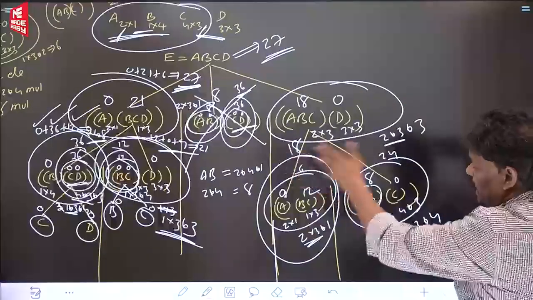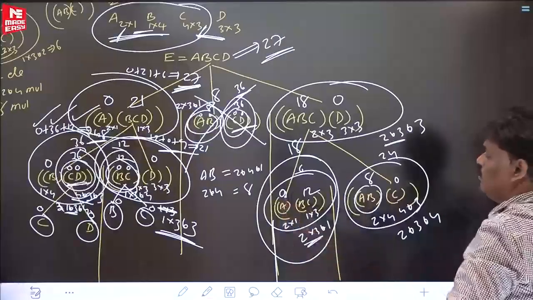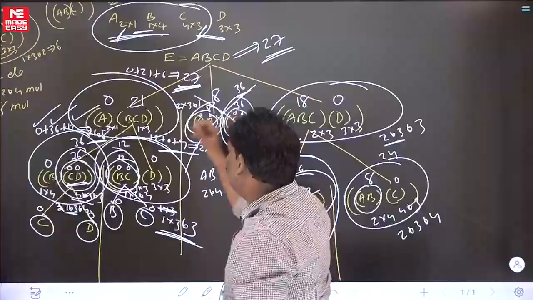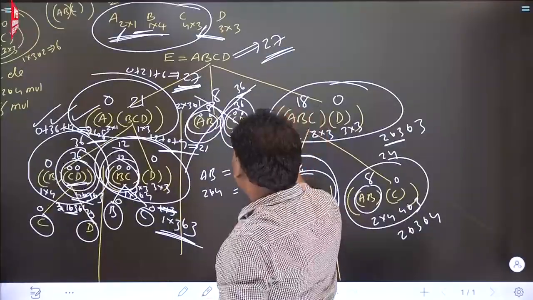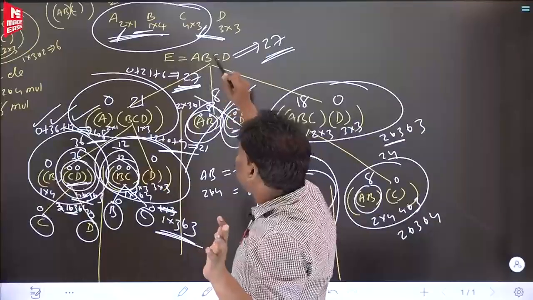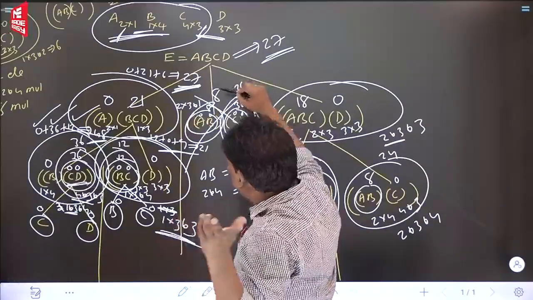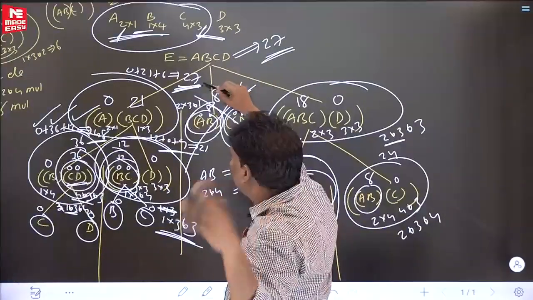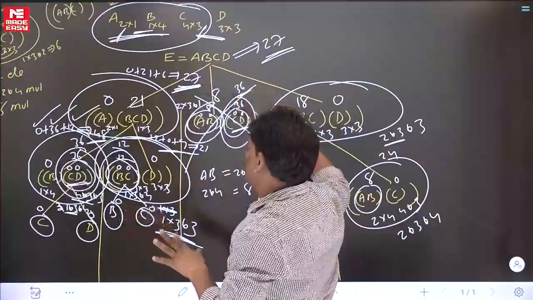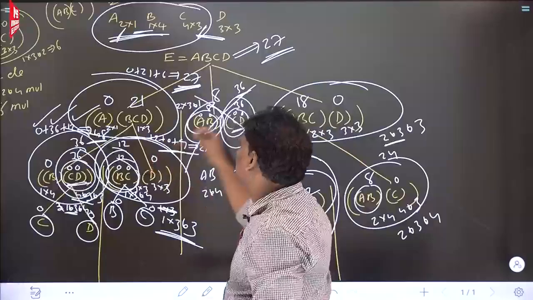And one more, whenever questions like this come, don't do everything blindly. Do the left part first. While doing the right side, please reuse it. And right side, only if really necessary, then do it. Otherwise, don't. For example, after getting the first one, if 27 is there in the option, less than 27 is not there, stop. If 27 is there and less than 27 is there, then do this. While doing, reuse if anything is available.